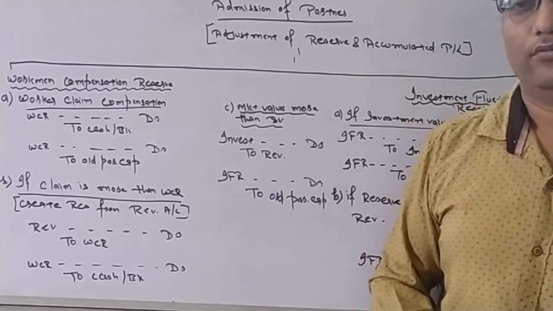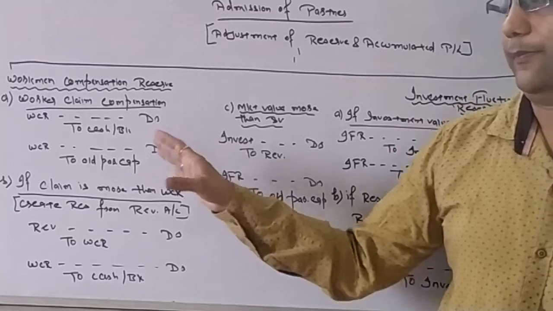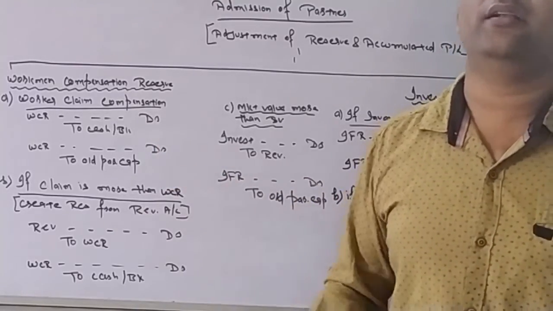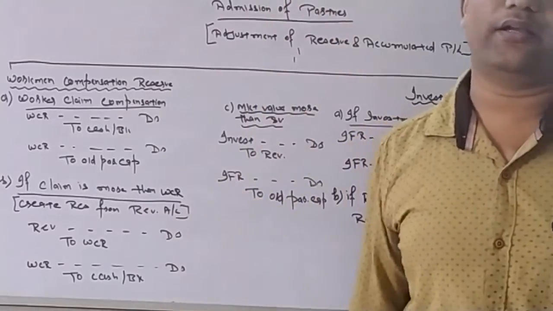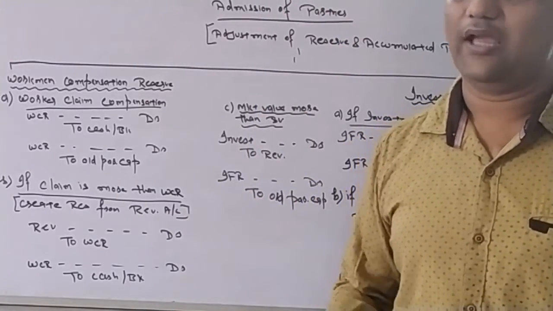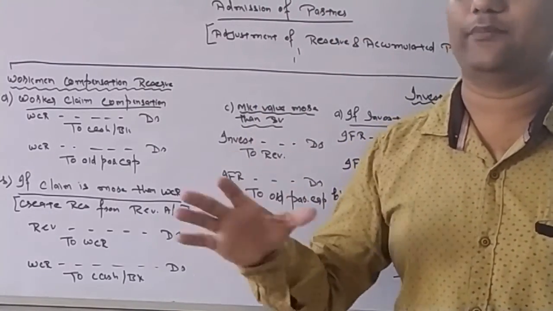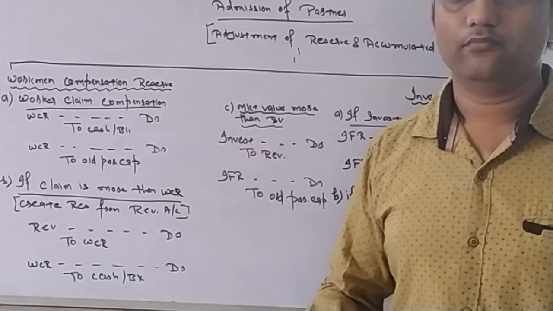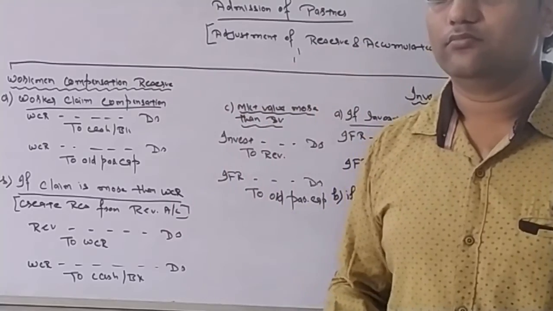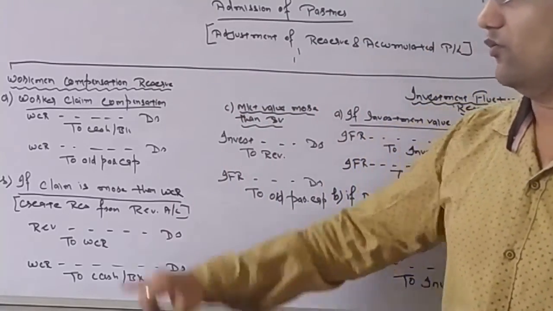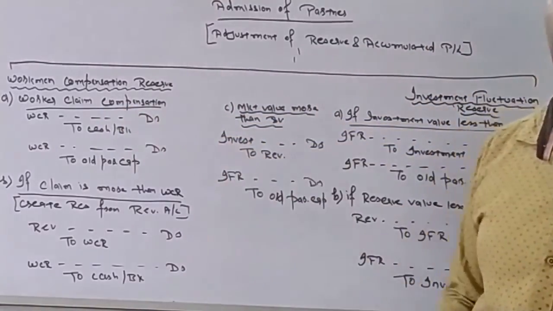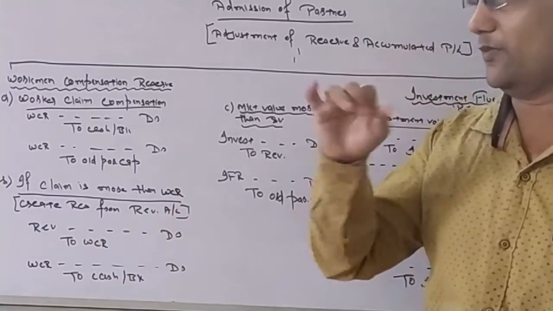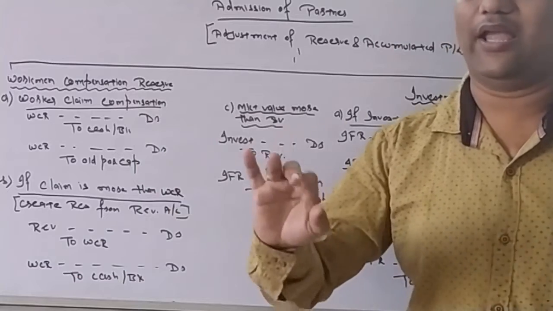But if there is a claim, what will happen? A worker came in, he is saying that he has got injured and he has claimed a compensation of 3,000, and the company has agreed to it, the company has accepted the claim, admitted the claim. Now what will happen? We need to pay him 3,000. So first that entry will be done. Workman compensation reserve account debit to cash or bank. To cash or bank. Workman compensation reserve account debit to cash or bank.